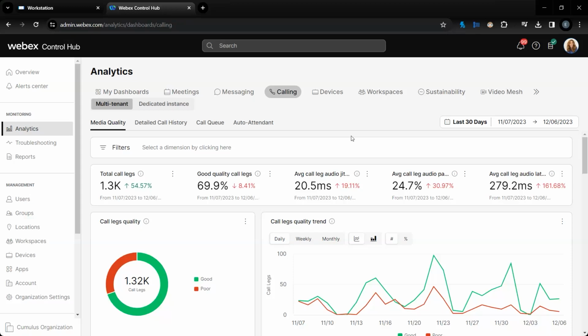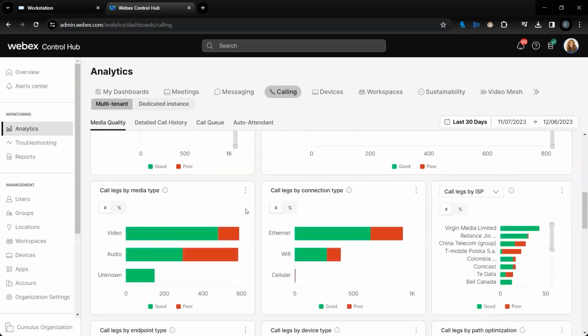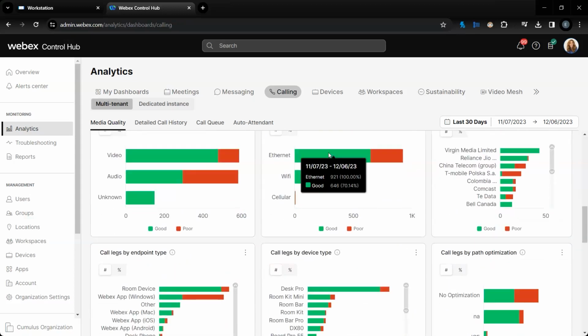This allows us to drill down on a per call basis to be able to understand what was that call quality, what occurred, and how can we troubleshoot it. And I highlight this because these are the same tools that your teams have available to them, but also our internal teams. So when we look at supporting our customers and ensuring that you have the best call quality, we have these tools at our fingertips and can understand, hey, was that phone over a wired Ethernet connection or over Wi-Fi? What was the internet provider that was providing that connection?